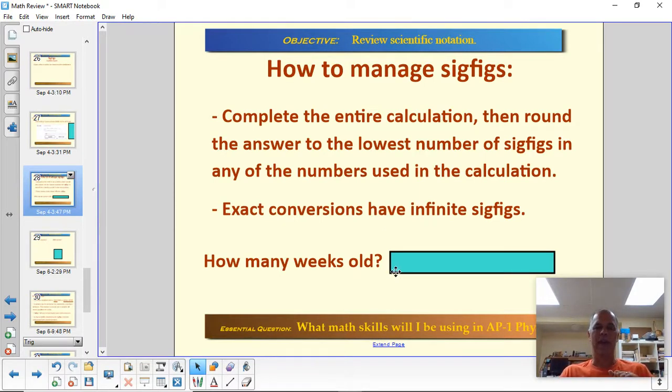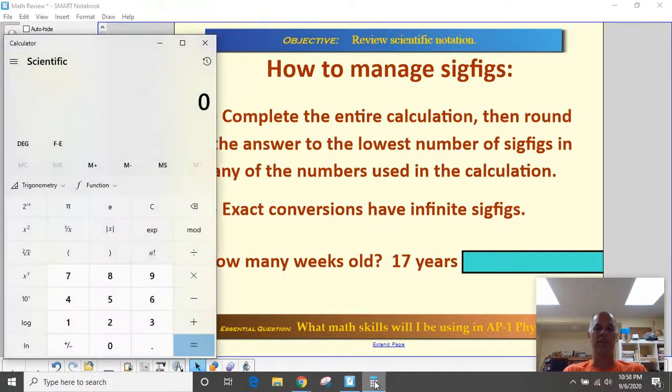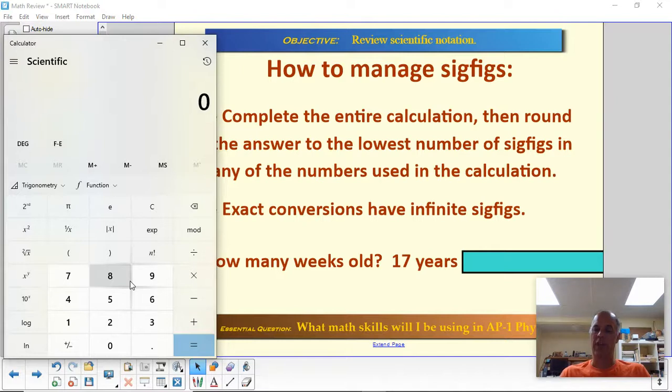So let's try an example here. How many weeks old are you? How many weeks old are you? And let's go with a typical student in the class, okay? And we'll say that a typical student in the class is 17 years old, okay? 17 years old. How many weeks old is that student? Okay, so he or she is 17 years times 365 days per year. That's how many days old, divided by 7 days per week equals